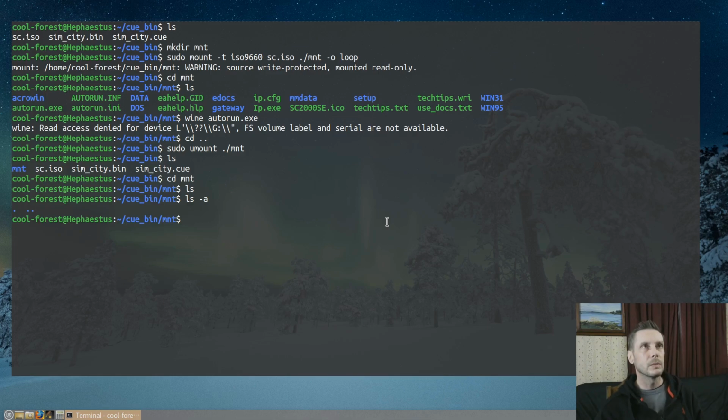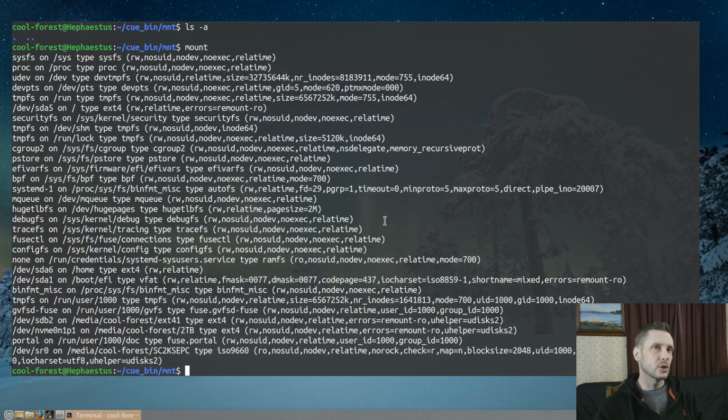If you happen to have a CD drive still in a computer at home or an external one, and you want to make an actual ISO copy from your own CD, what you can do, figure out what your drive is, or your CD drive.